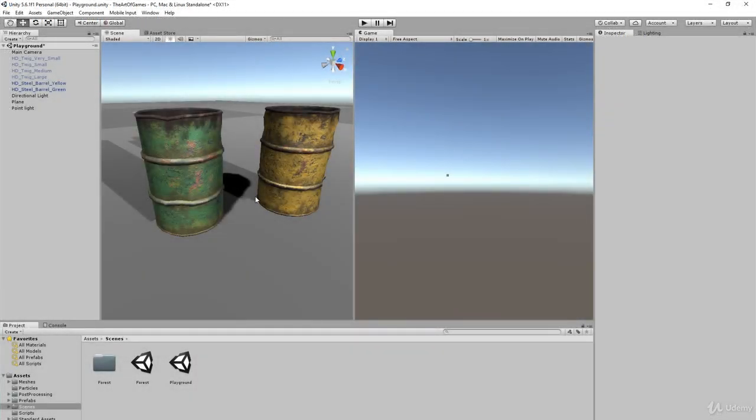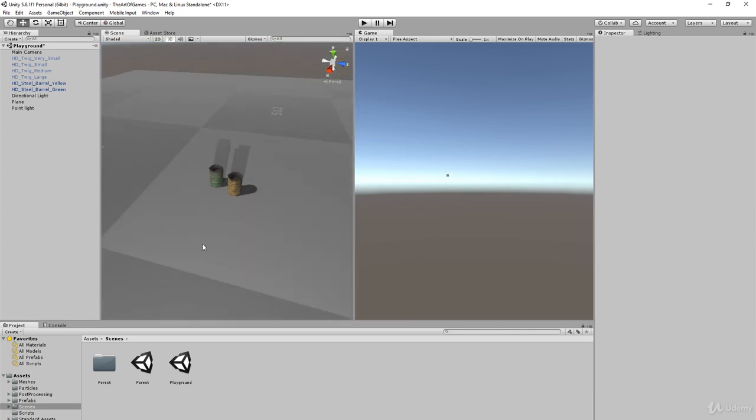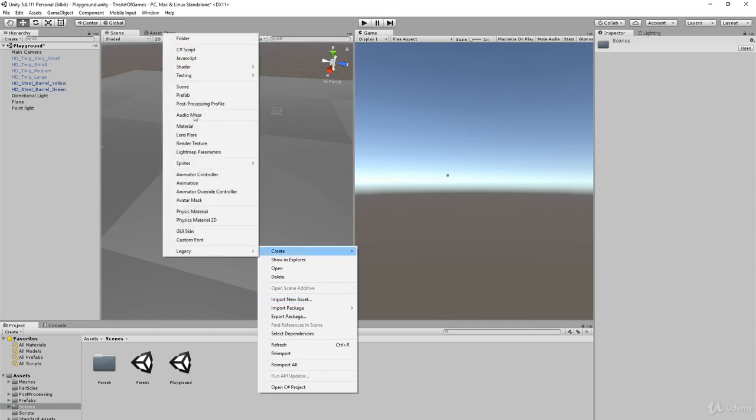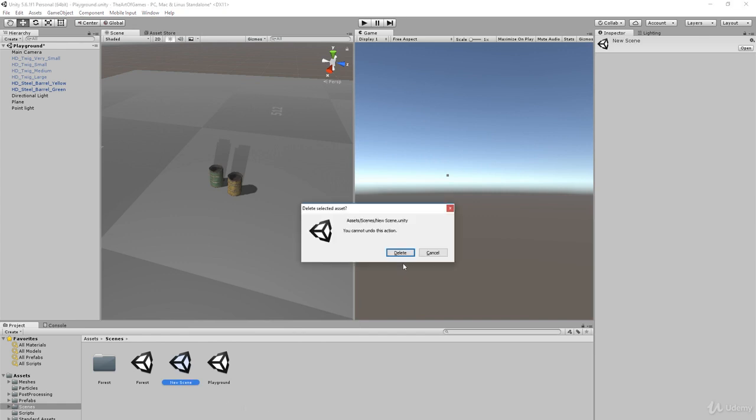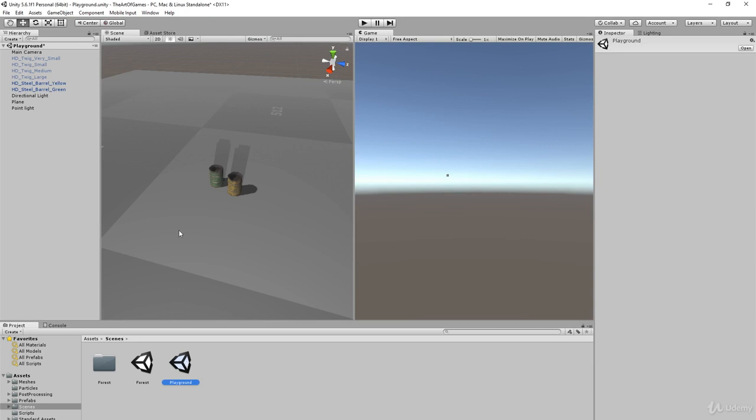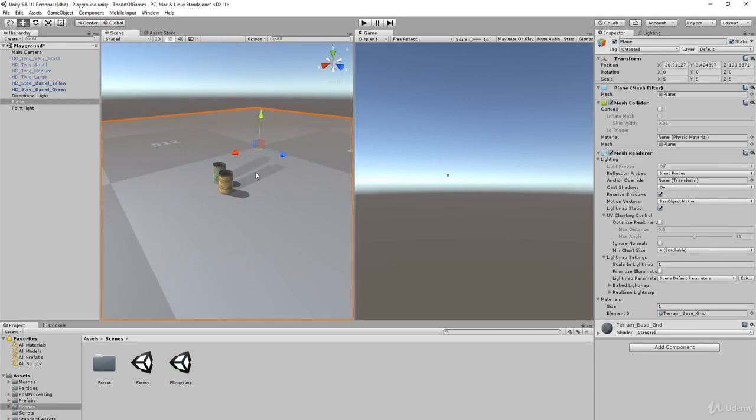Right, and welcome back. So welcome to Unity. What I'd like you to do now, a good opportunity to do this, is create a new scene. And you can see I've created my forest scene down there, where we're going to put everything. So if you go into Assets and into your Scenes folder, right click, create scene there, and you'll get a new scene appear here. I've already done it, so I'm going to delete that, but then just rename it, call it Playground, like that, and then load it up, and then create a plane like I've done here,